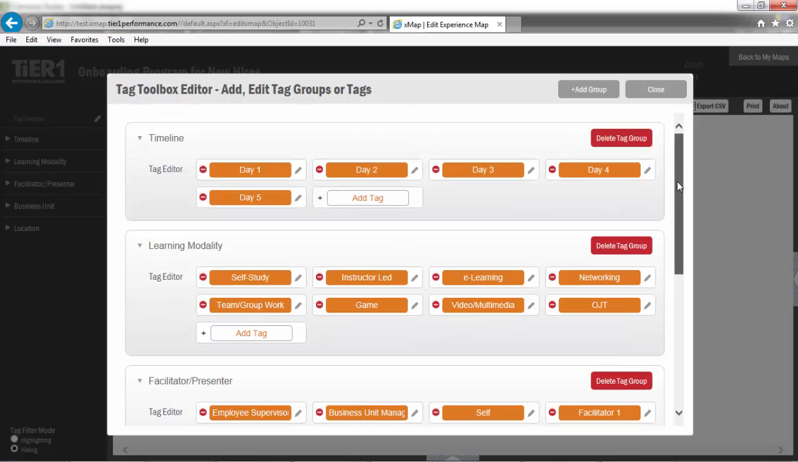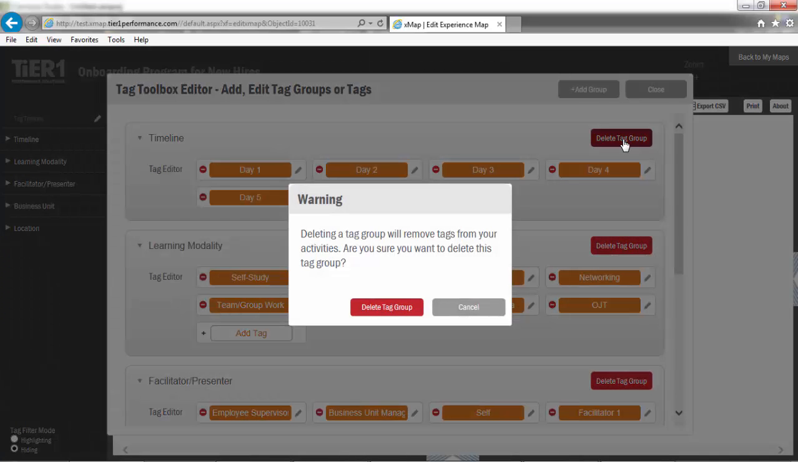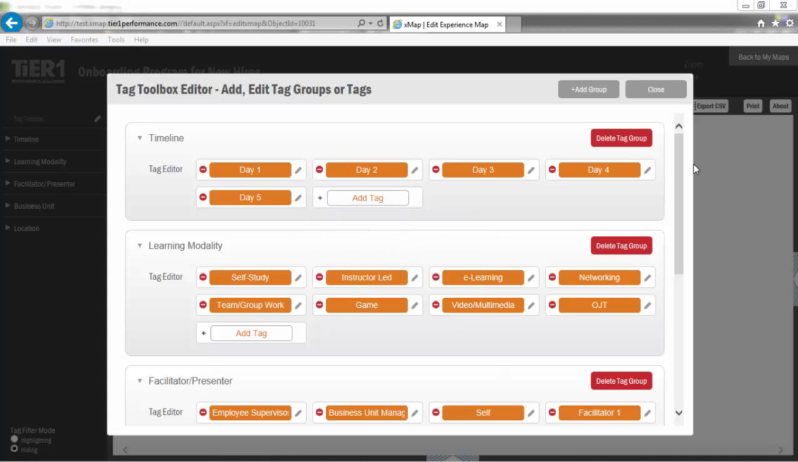You'll also notice we're able to delete a tag group. When we click that, a pop-up box will appear to confirm we want to delete it. In this example, we're just going to back out. So now that we've finished adding the tag groups and tags, let's go ahead and close the editor and go